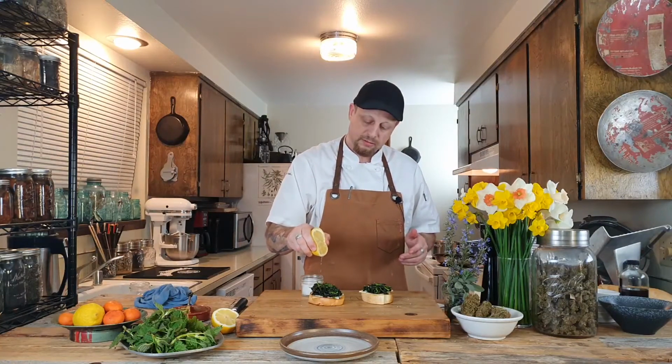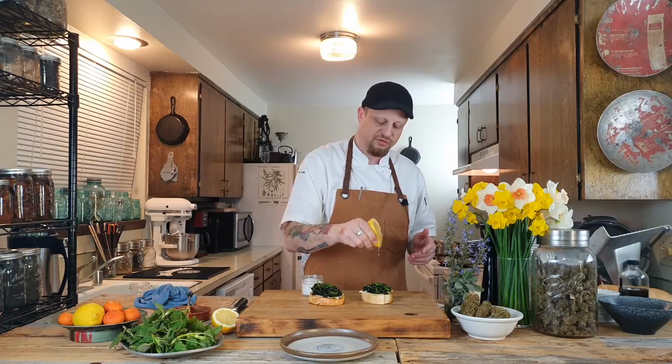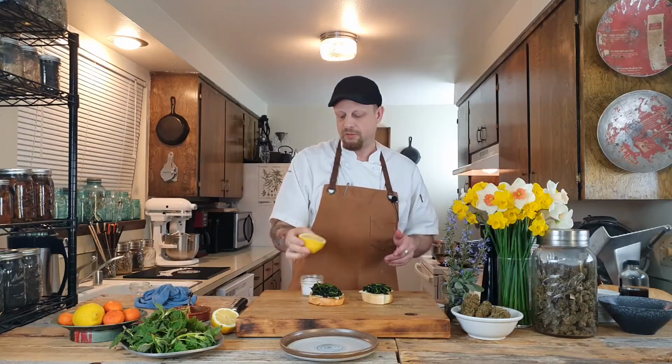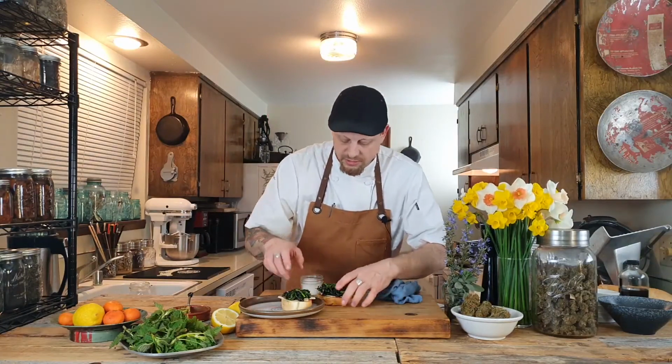And some lemon juice. Don't skimp on the lemon juice. I know it's kind of an odd thing. Cheese, lemon juice and all that. Nettles, toast. You can't go wrong with that. You really can't. So I got a nice little plate, little earthenware plate, some earthenware dish. And like I said, you can pop those under the broiler and let the cheese melt a little bit more